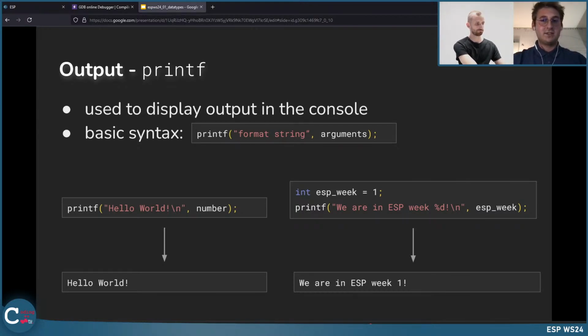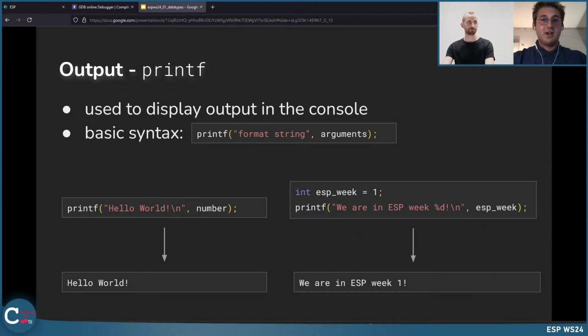So the basic syntax consists of 2 different components. It's the format string, so the text that is printed, and also some format specifier, which we'll see in the next slide. And the second component is then 1 or multiple arguments. So we can just use the format string without any arguments, and the more common case is then to use a format string together with some arguments, or at least 1 argument.